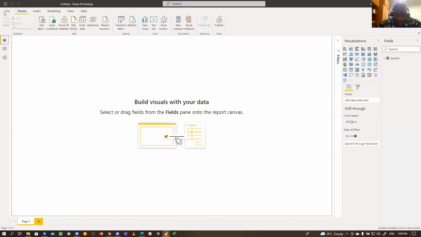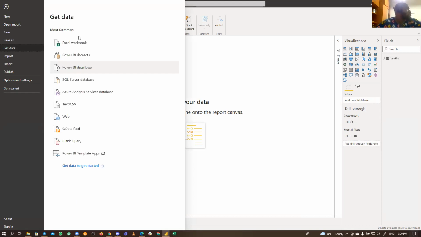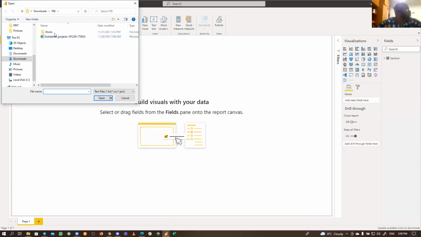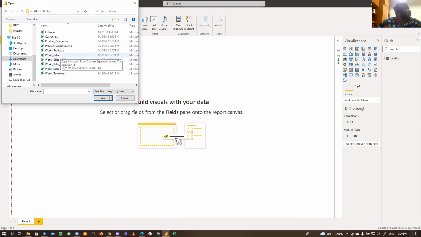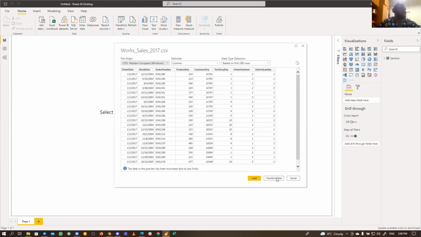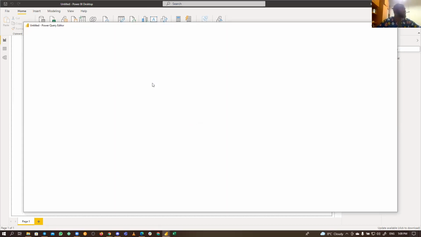All right. So let me load another data from my end. Don't worry, we are still going to load them together when it's time. I just want to quickly show us some things. We can load this sales, for instance. Let me load this sales. I just want to show some things in that query editor.